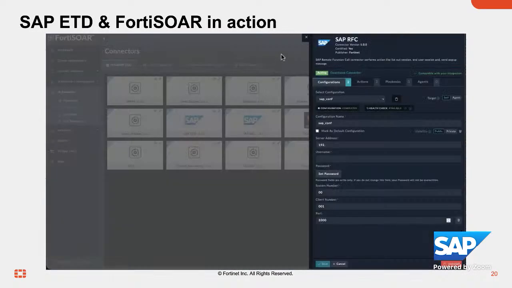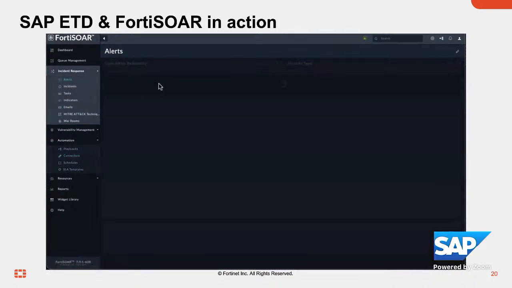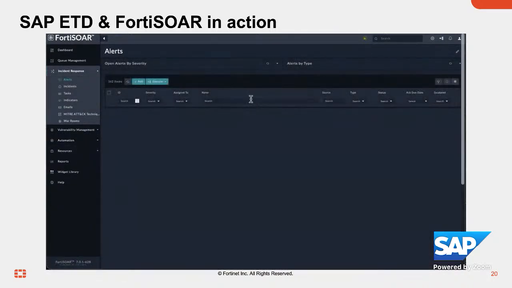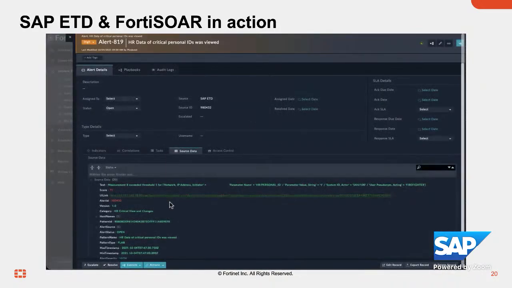But we also want to take action on them. And for that, we have the native RFC implementation within an SAP RFC connector, which allows us to take these actions.